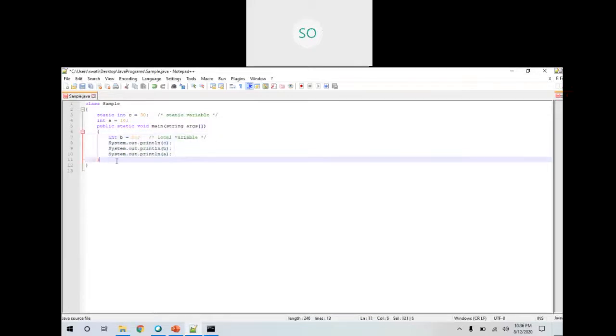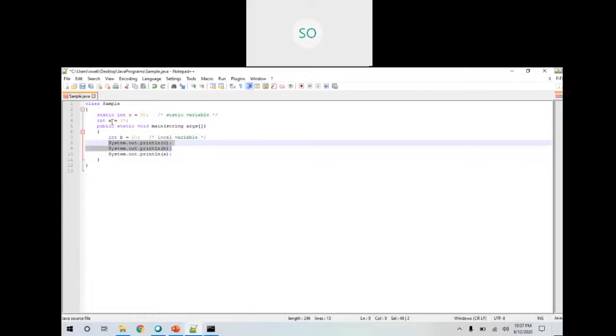So to print the values of c and b, it's okay, we can access them directly. Both this static variable c and this local variable b we can access directly.